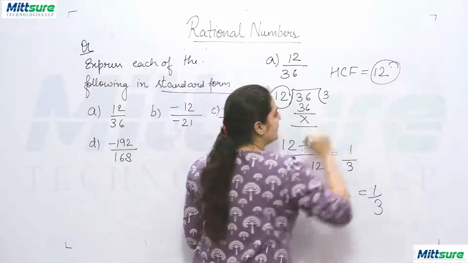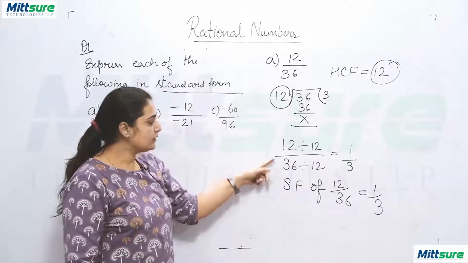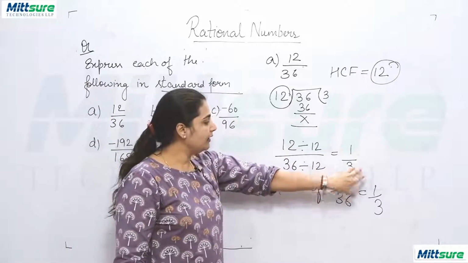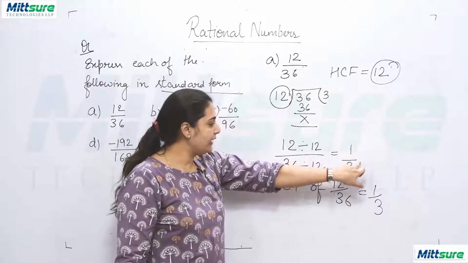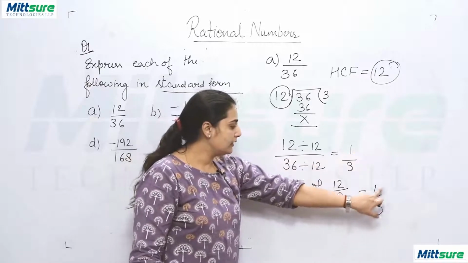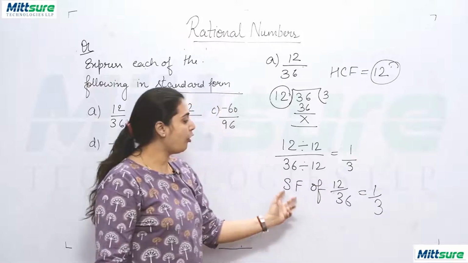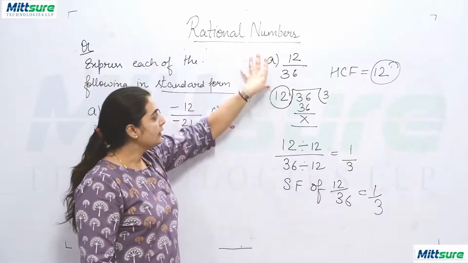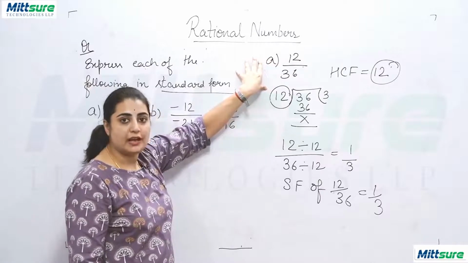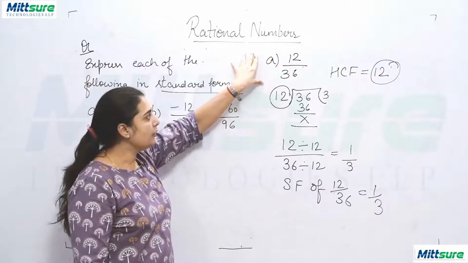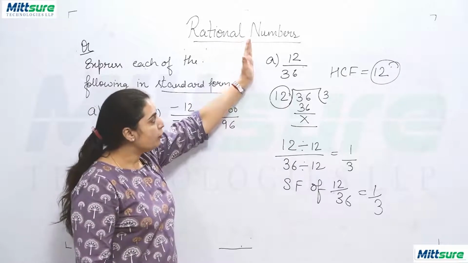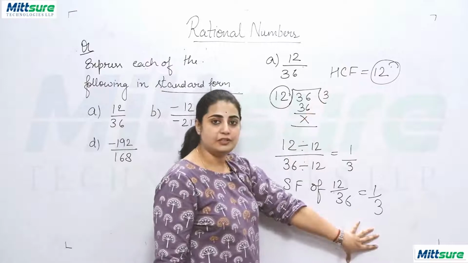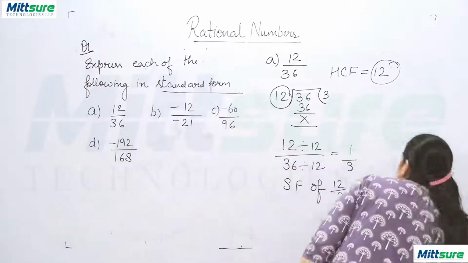We used this HCF to reduce these two numbers to 1 and 3, and whatever we get here is 1 upon 3. This is 1 upon 3, the reduced form or the standard form of 12 upon 36. Now here this entire is the positive rational number. So we don't have the need to focus on the negative sign because it is already a positive rational number. The other question is